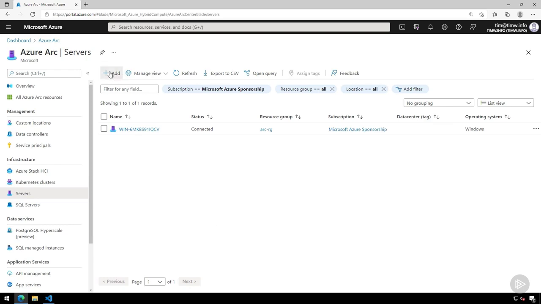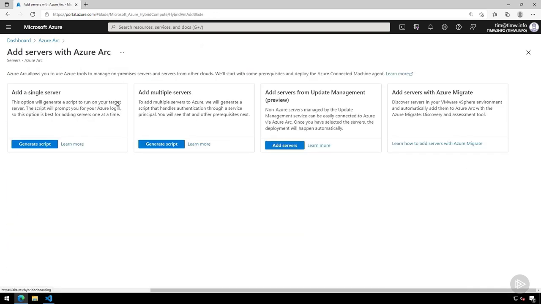So let's go to Add, and let's take a look at the options here. Notice that we can add a single server or multiple servers with a PowerShell script. I'd mentioned in the lecture portion that we could use desired state configuration as a way to onboard servers to Azure Arc. We also can use the update management service, although notice that as of this recording in early 2022,